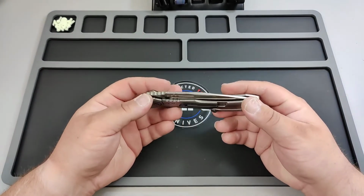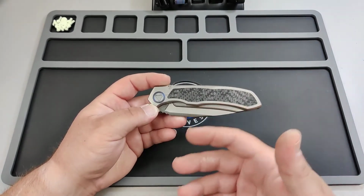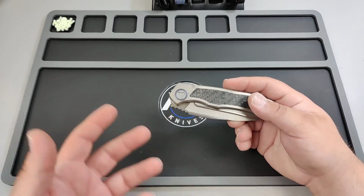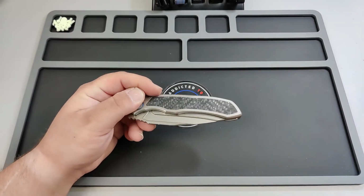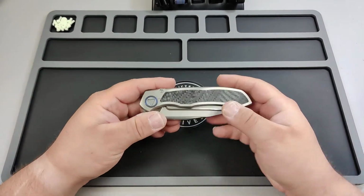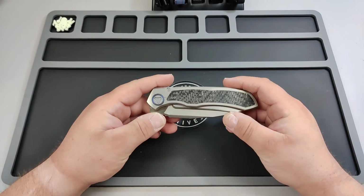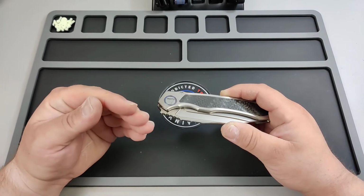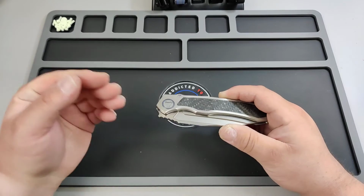Because us as knife collectors, especially with something like this, it's not an everyday person who is going to buy this. This is going to be a knife collector, or someone that collects Microtech, somebody that is in this hobby. They're not going to spend $500, $600, $700 on a knife out of the blue and know nothing about it. So they know that 90% of us like to take apart most of our knives and clean them,